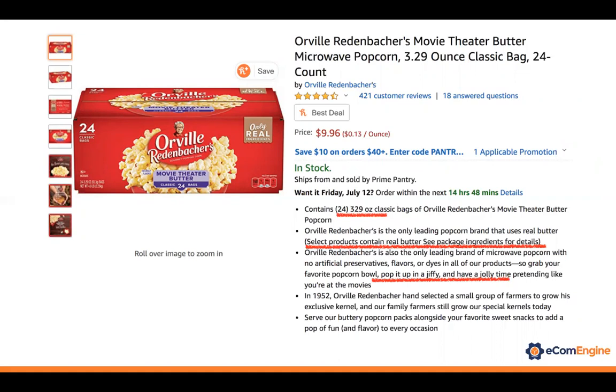If we go a little bit further down, we'll see that select products contain real butter, and that I need to see the package ingredients for details. So they're essentially telling me that I need to scroll through these pictures, find the image of the ingredients label, and read through to see whether this contains real butter. And it would have taken them no more time to simply write that this product does contain real butter,